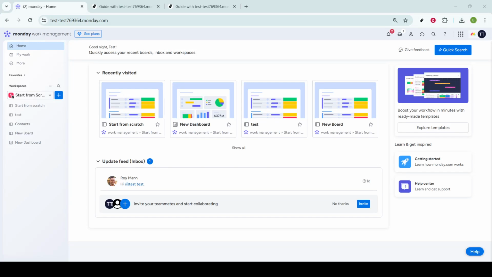In today's video, I'm going to teach you how to import data in Monday.com. Monday.com is a powerful work management tool, and importing data into it can make your workflow much more efficient. So, let's walk through the process step by step to ensure you know exactly how to get your important data